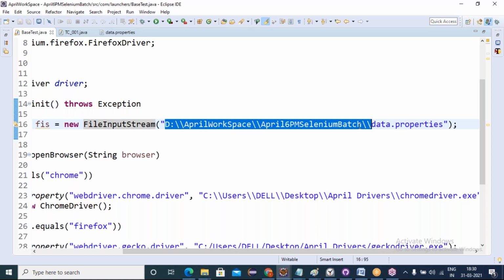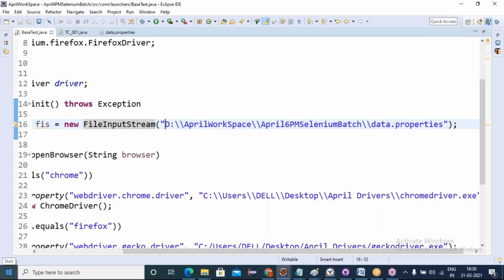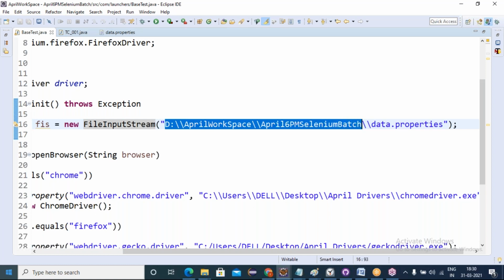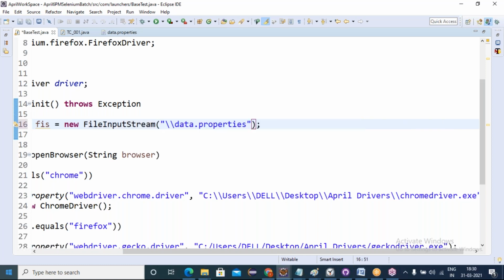Instead of giving it like this, which is static and can vary from system to system, there is a method to get the project root directory dynamically, called getProperty. The getProperty method is a static method, and every static method is called by the class name.